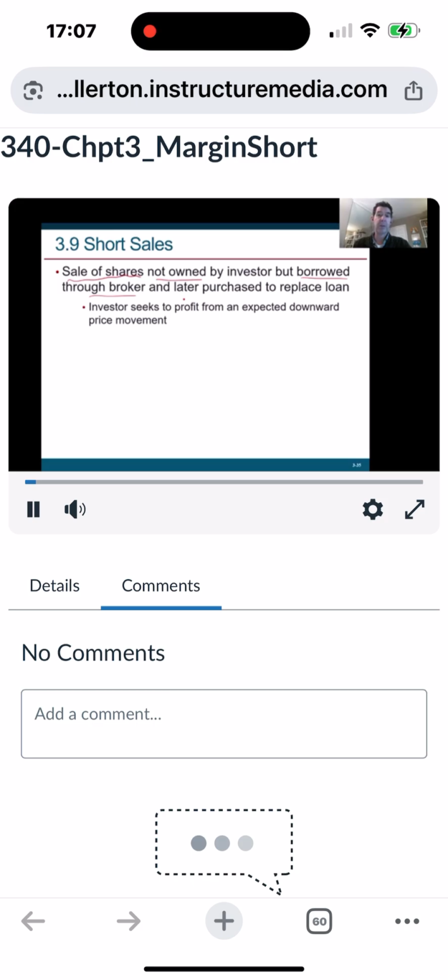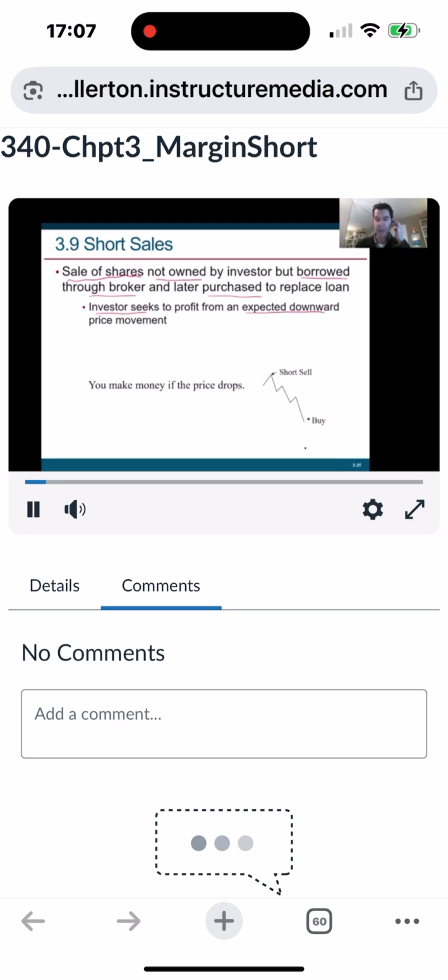And later, of course, if you borrow something and sell it, if whoever owned it wants it back, you're going to have to repurchase it and give it back. What is the point of this? The point is that the investor who wants to sell short, and that's what this is called, wants to profit by the stock going down. Okay, so let's look at a little picture of this.